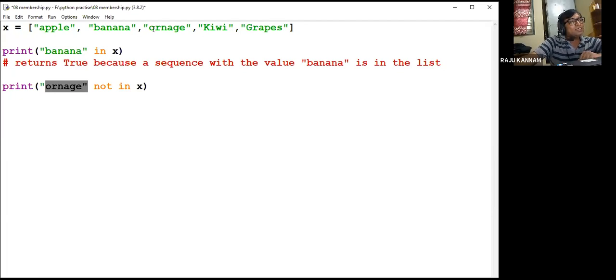Actually orange is there in x, but here we are saying orange is not in x. Not in means this element is not there in this variable, but it is there, so it will return false. So the answer will be true and false.